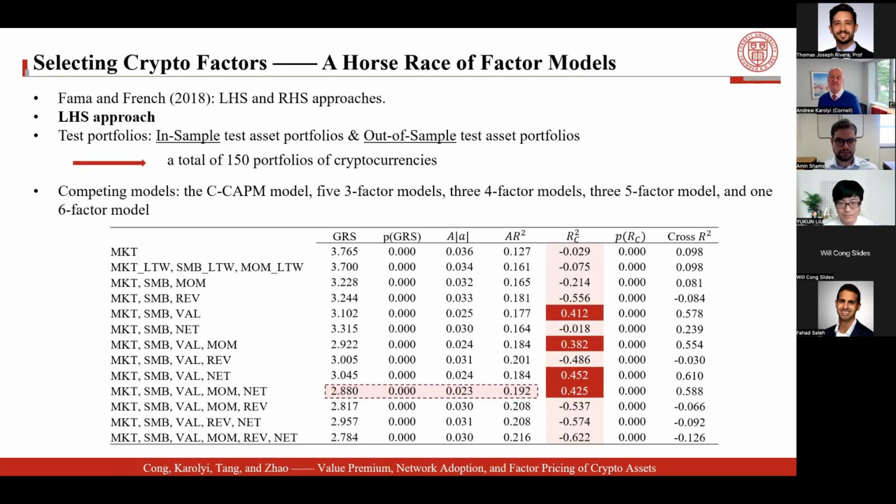Now we're going to have 150 portfolios as test assets, and we're going to do the usual kind of tests. They should all be very familiar to you. What we call left-hand side and right-hand side tests for which of these models come to the fore. The left-hand side test assets are 150 portfolios constructed from different characteristics, all piled up, and then we throw each of these 3 kinds of models against these. And we're going to use a number of different metrics of performance. I can tell you what our favorite is as a team, where our eyes go, and you can already see it on this graph.